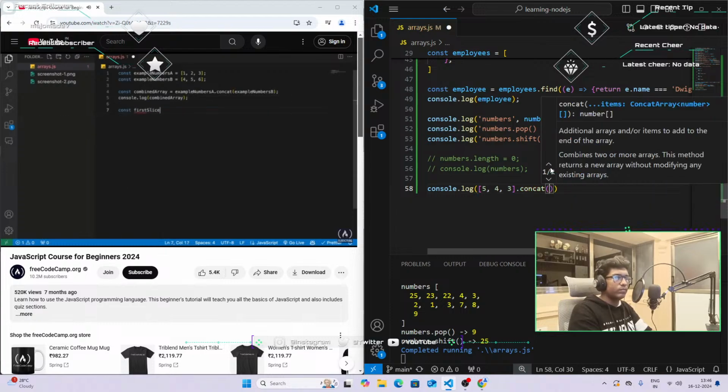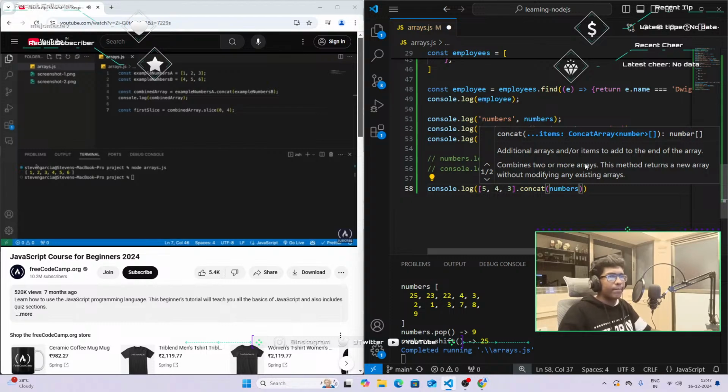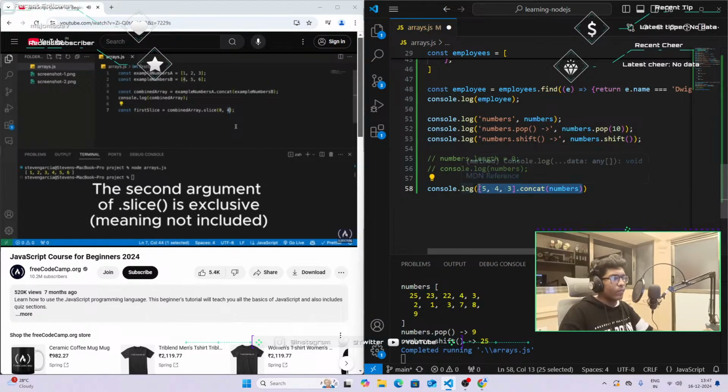So I can say const first slice assign to combined array dot slice from 0 to 4. So opening up the panel, here since I specified the range between 0 and 4, it will return a new array containing the values of 1, 2, 3, and 4. So the second argument is exclusive. Here if I log that out,